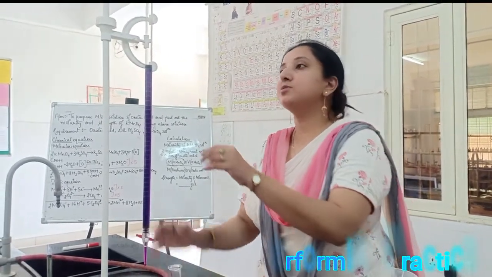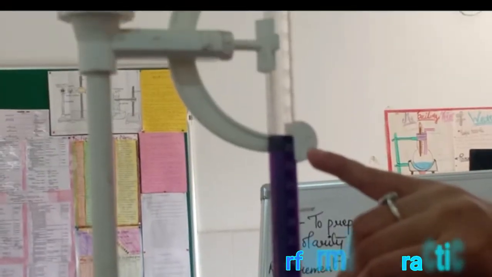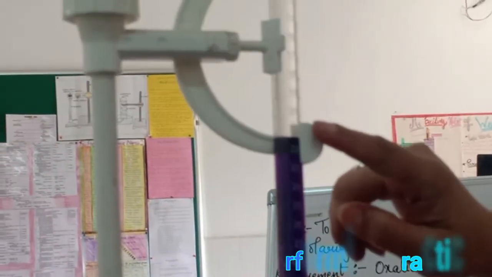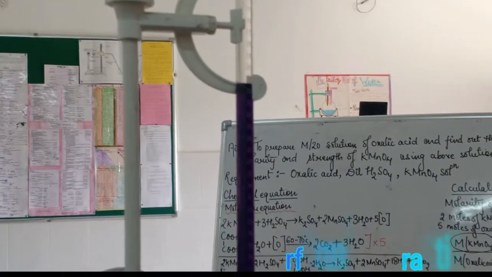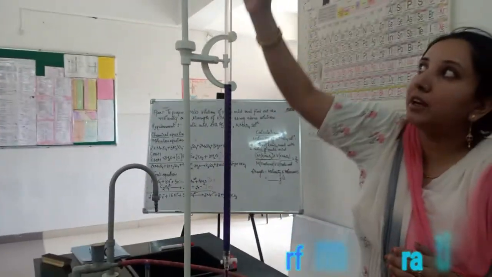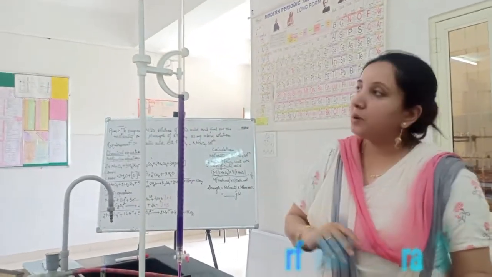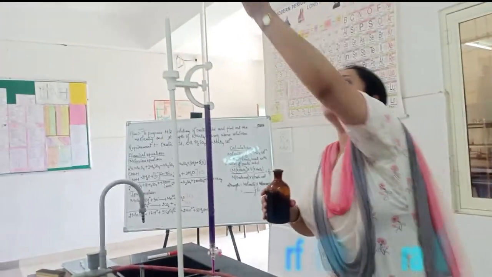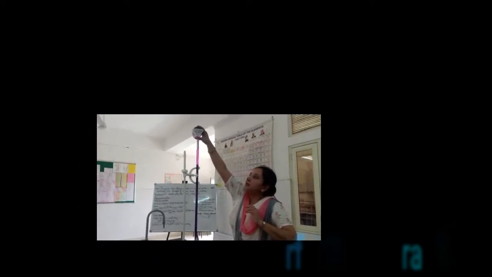Now the next step is what? You need to take the reading. Now over here, if you look, what is my reading? It is 21. So the initial reading was 0 and the final reading is 21 over here. Now, if you want, you can again fill it up to 0 for the second concordant reading, or you can start from 21. For ease of calculation, we again fill it up to the 0 mark